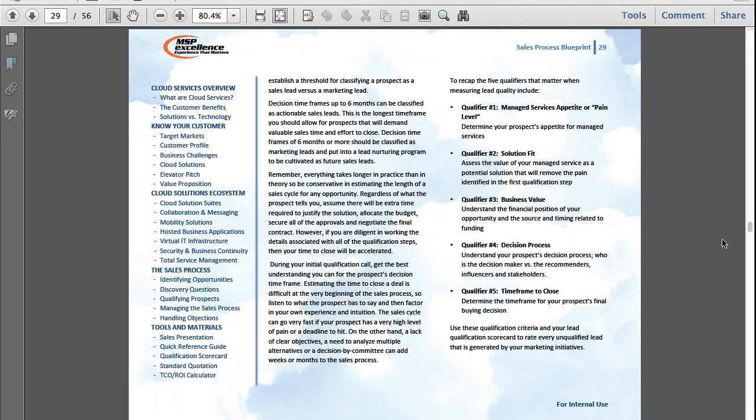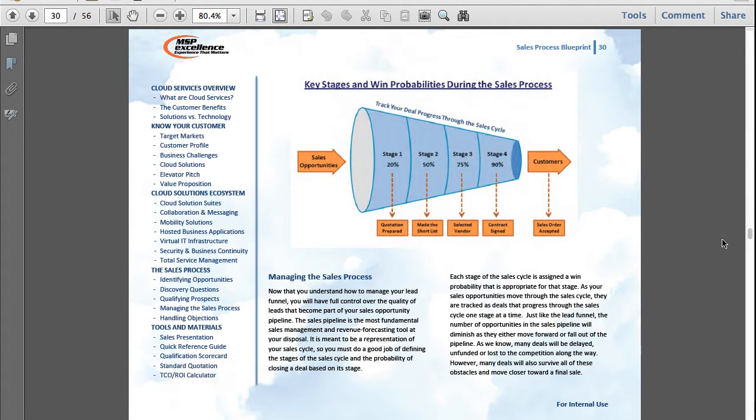and then finally operate a sales cycle according to a very standard methodology of staging the progress of the sales cycle through a pipeline where you are passing through gates such as preparing a quotation, making a short list, becoming the selected vendor, and then finally going through contract negotiation and final signature. Each of those stages carries a different win probability, and so when you monitor and manage your pipeline and your factored revenue value, you'll know the progress that your deals are making through the pipeline and their value from a